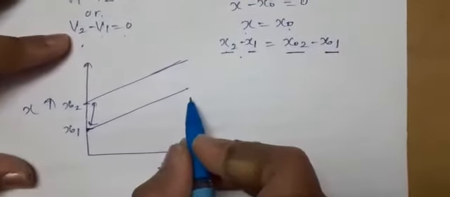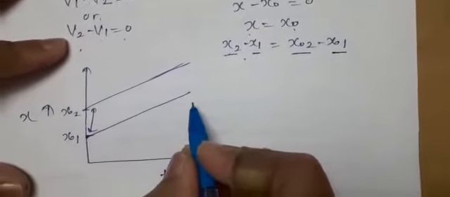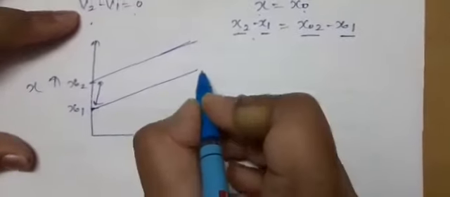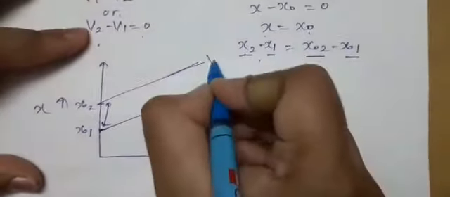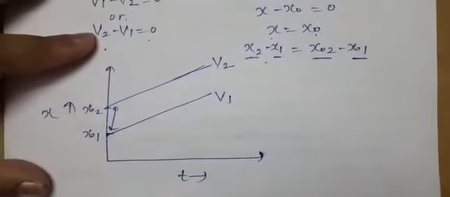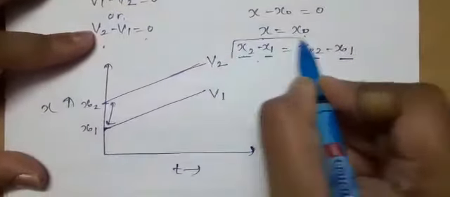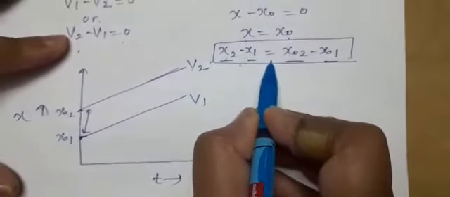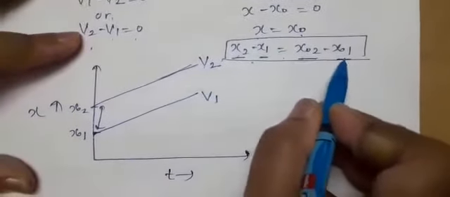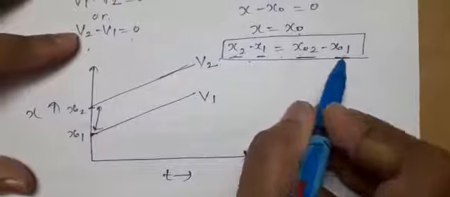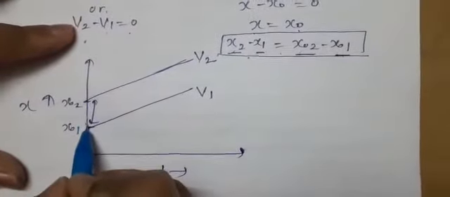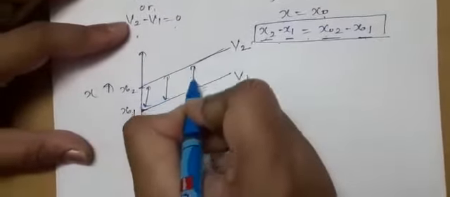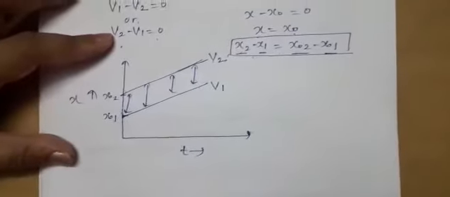Why? Because one body is moving with velocity v1 and the second is moving with velocity v2. If the first body is moving with uniform velocity v1 and the second body with uniform velocity v2, this expression indicates that the separation between the bodies, even after different intervals of time, will be the same as the initial gap between the bodies. You can see here, whatever the gap is, that is x01 minus x02, this separation between the positions of the two bodies will remain the same.